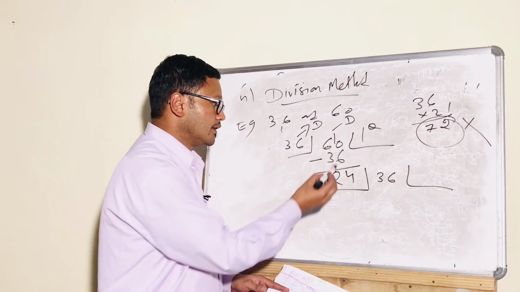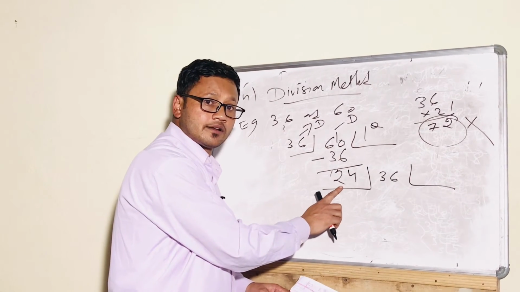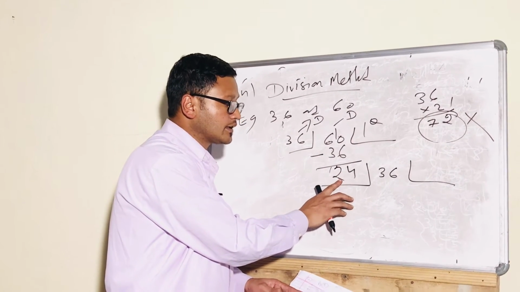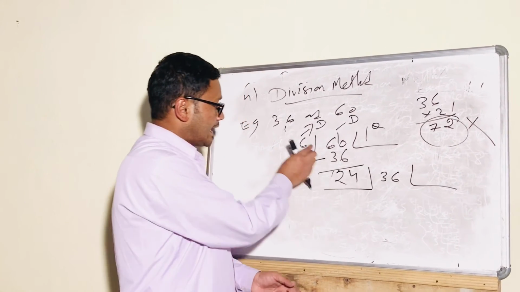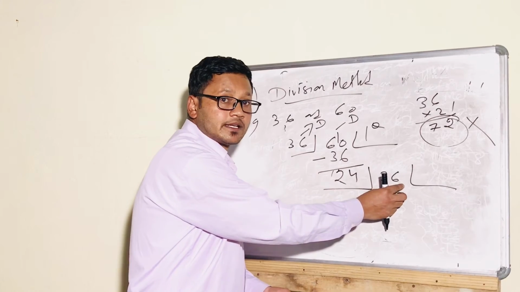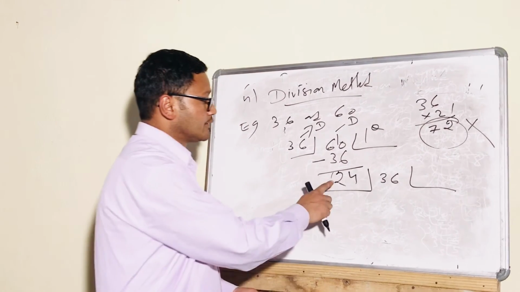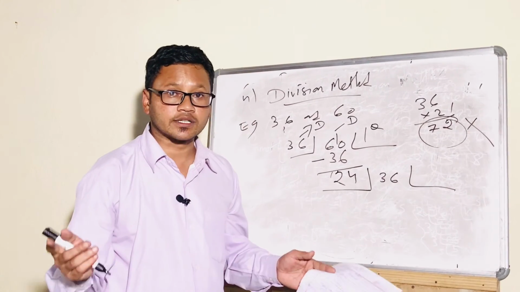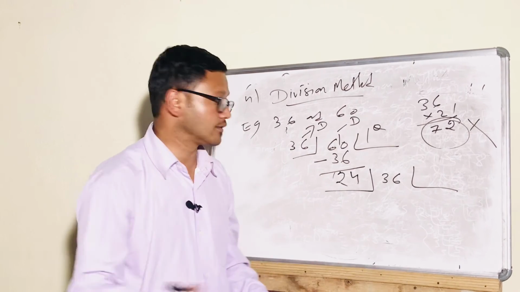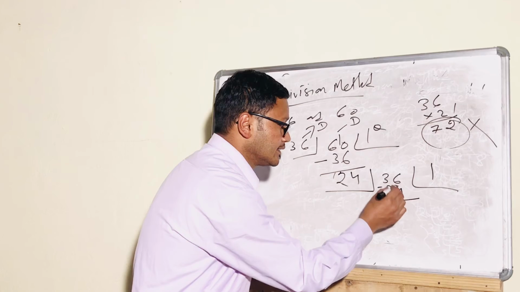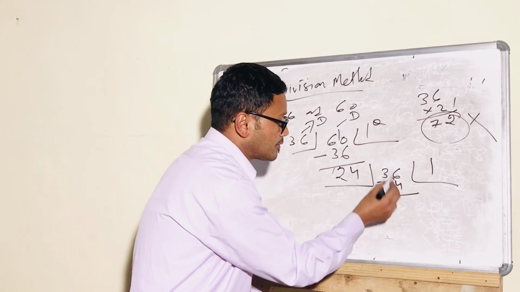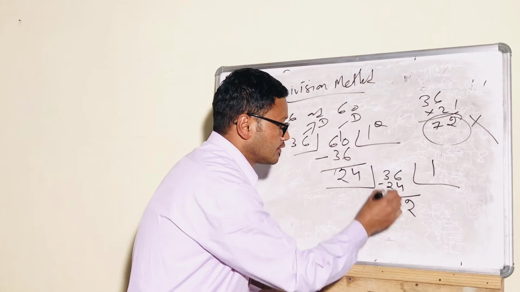It's very simple. After subtracting, you will get the remainder. This remainder becomes the divisor. This is the process. And 36 becomes the dividend. Again we have to divide. 24 ones are 24, 24 twos are 48. So we cannot write 48, 24 ones are 24. Now we have to subtract: 6 minus 4 is 2, then 1, so 12.